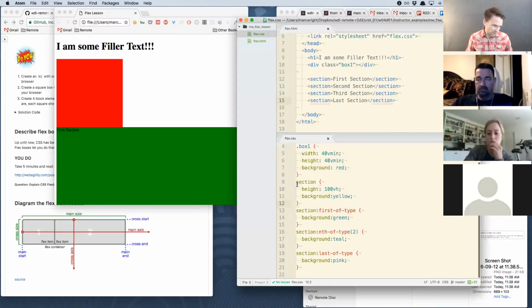So if we look down here, I have section, I have height of 100 VH. So that's going to apply to all my sections. And then all my sections by default are going to have a yellow background. And then I went in and styled each one. I just gave each one different colors using these pseudo selectors. First of type, nth of type, which would be the second one, and then last of type, which would be